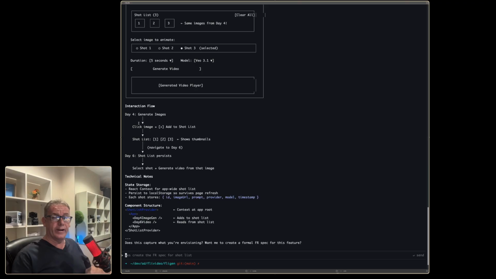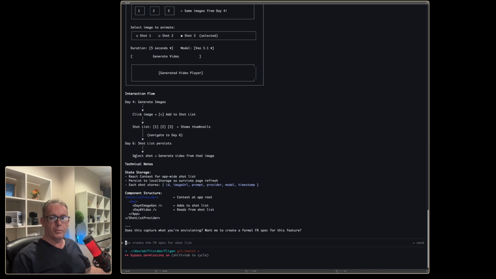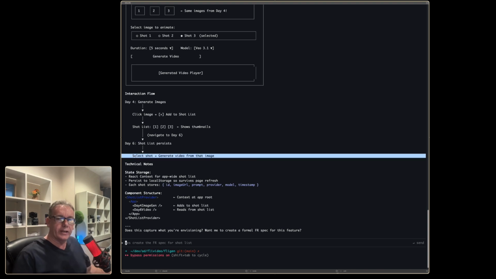And up until here, everything has been pretty much exactly what I want. The only thing that's a little bit wrong is in the workflow. And the problem is this one line. It's saying select a shot to generate a video. But what we'll really want to do is select 2 different shots, because what we're going to do is image-to-image video generation.